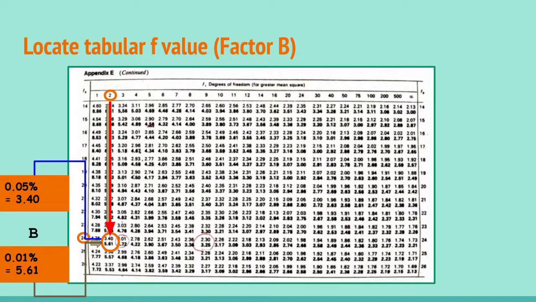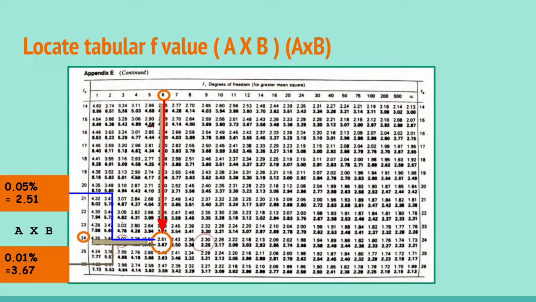In the far left, we'll search for the value of the error DF, but this time for the top number, we will be using the value we got from factor B's DF, which is 2. So below 2 and along 24, we have the values 3.40 at 5% and 5.61 at 1%. And for the interaction effect, we'll still use the value of 24, and rather than the DF of factor A and factor B,